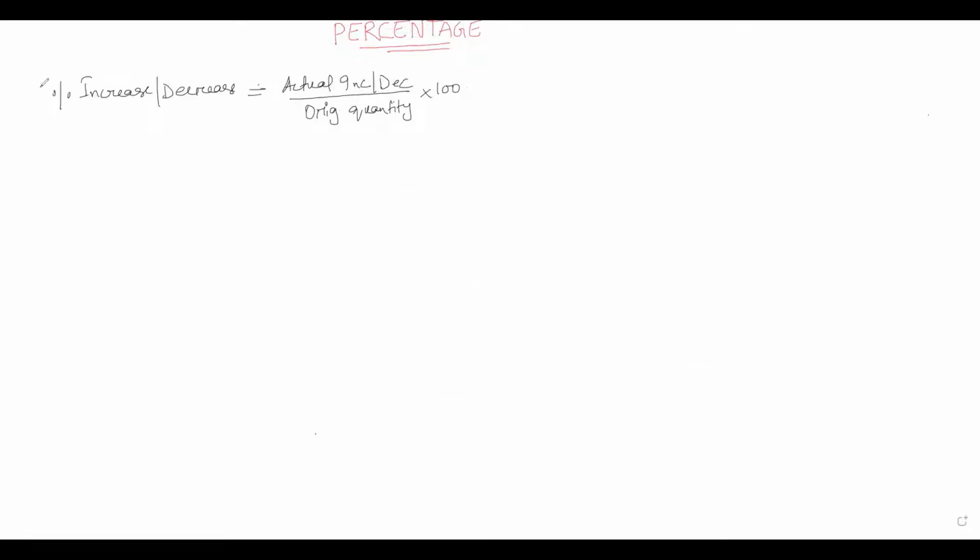Okay, so now let us try to see how we can use this percentage increase decrease formula to solve some questions. Suppose I have a number 80 and we are saying that this number 80 has been increased by 20%. So what would be the new number? Now, since this is a percentage increase, I can write here 20 equivalent to actual increase. So let the final number be F and the initial number has already been given as 80, upon the original quantity. In this case, the original quantity was 80. So I can write it to be 80 times 100.